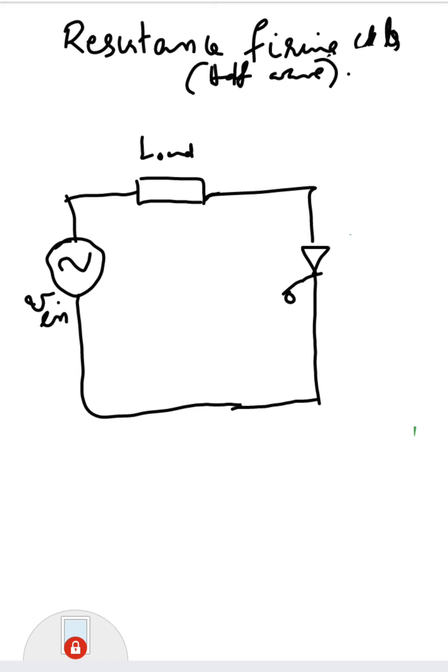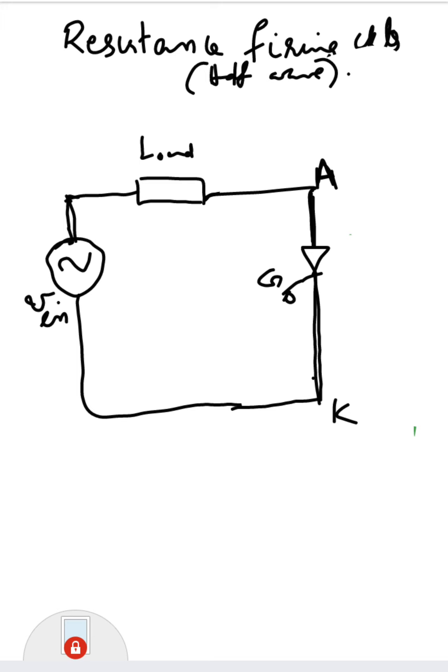So this is the gate terminal, this is the cathode, and this is the anode. The first principle is correct here, that is, the anode must be positive compared to the cathode for turning on the SCR. That is correct, because the supply voltage is connected to anode and cathode, so the anode is at higher potential compared to the cathode. Now gate triggering means that between gate and cathode you have to apply a voltage source. As I mentioned previously, we are not directly supplying a voltage here. We will be designing a circuit so that you can precisely control any firing angle.